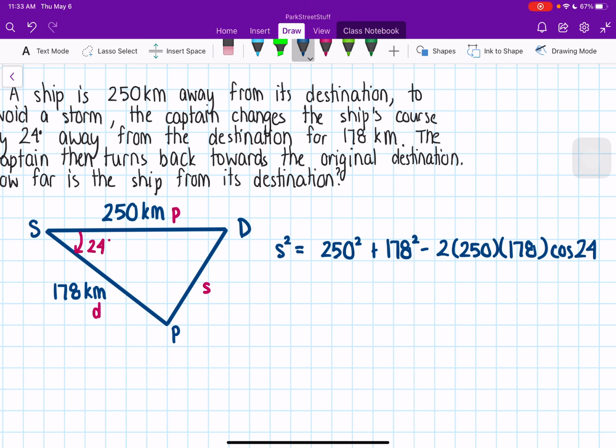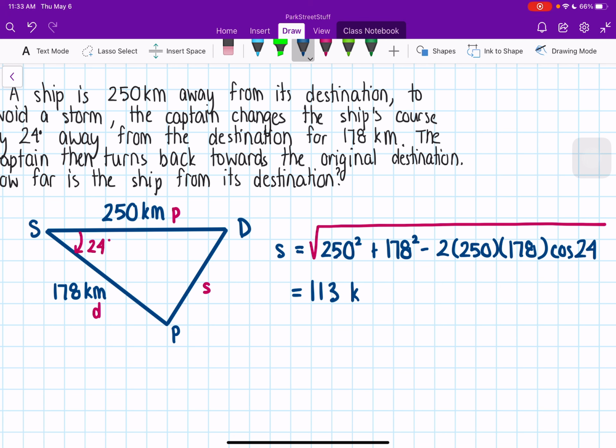But remember, we don't want S squared. We want S by itself. So we are going to use our calculators so that we can just type it in with the square root sign and no longer have S squared. So we're going to put all of that in, open up your square root, and then put everything in there. Make sure you have your brackets where they need to go. Cosine of 24. So S is going to equal